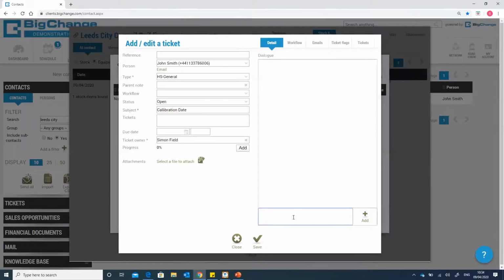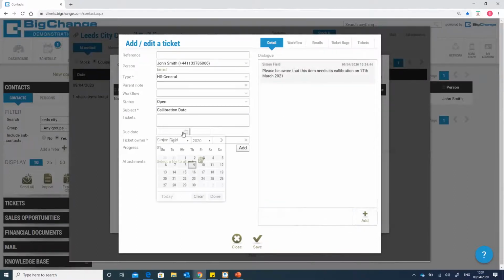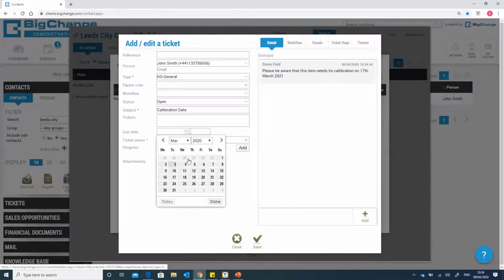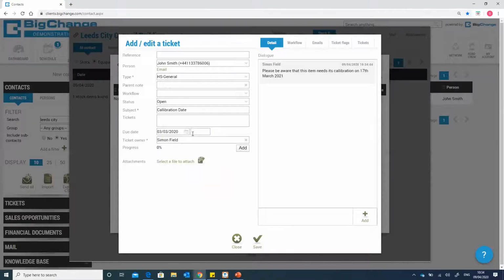So what we can do is we can then add in some detail about this. So we could say, please be aware that this item needs its calibration on 17th of March 2021. So we'd select that, we can see the detail of that there like so, and we can then put a due date in. Now, we might actually want to be made aware of that a couple of weeks before it's actually due, and we could say it's due on the 3rd of March at 9 o'clock, and we can then assign it to